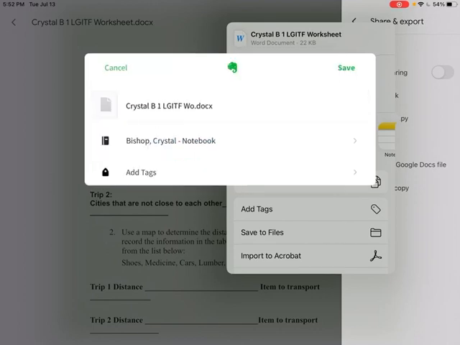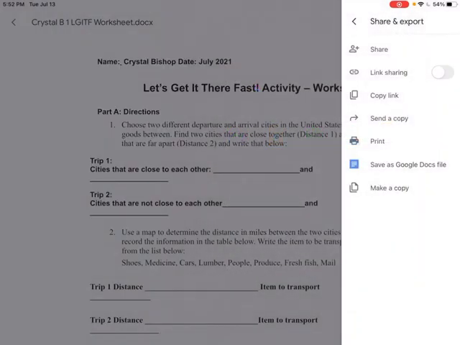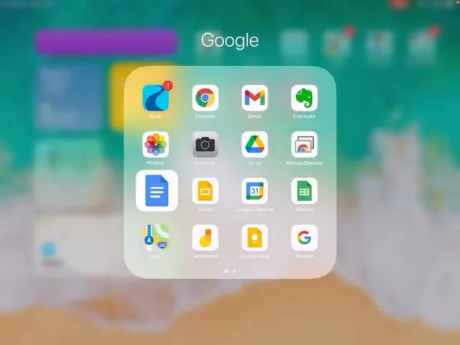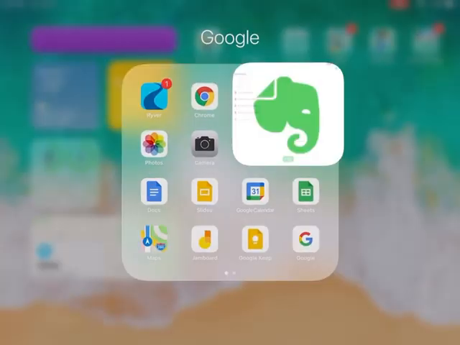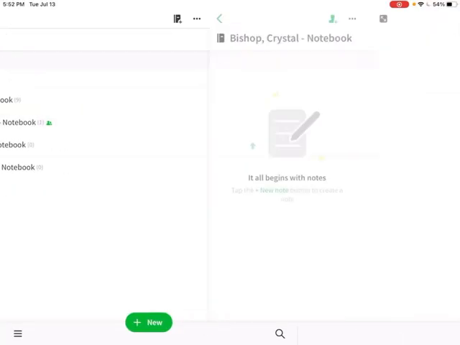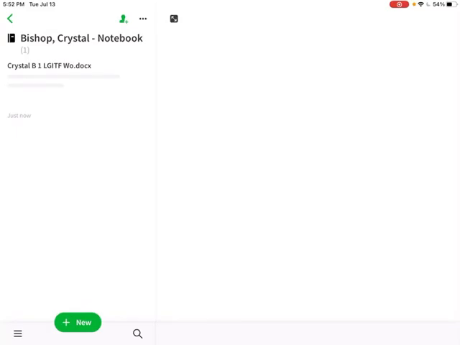So the clip is now saved. So let's look at it and make sure that it is where it's supposed to be. So I'm going to go back in and I'm going to pick my name, document appearing. So if I want to look at it, I can. I just press the link and it